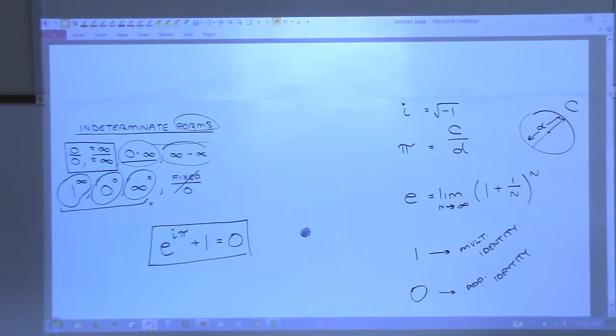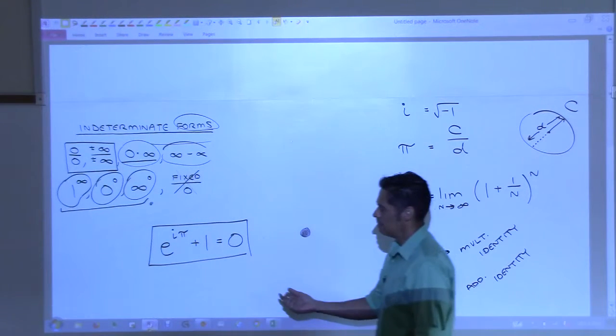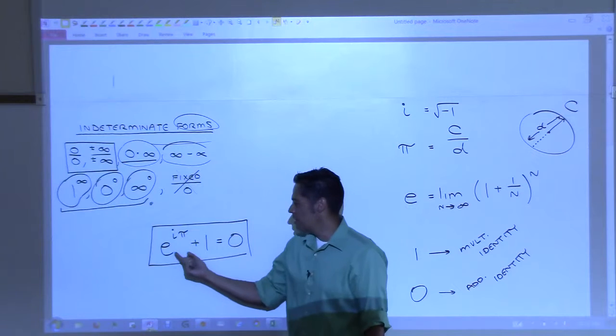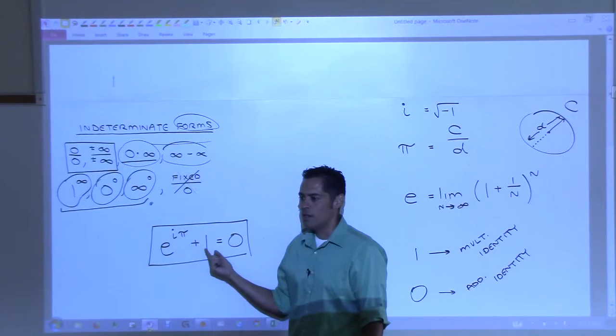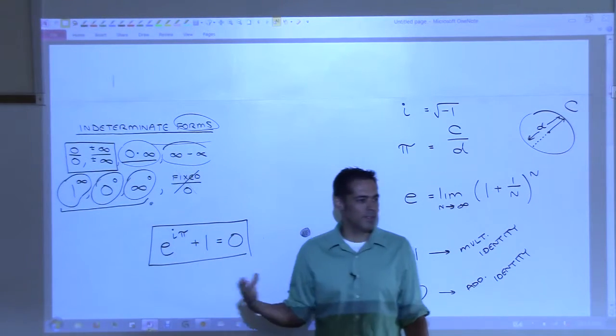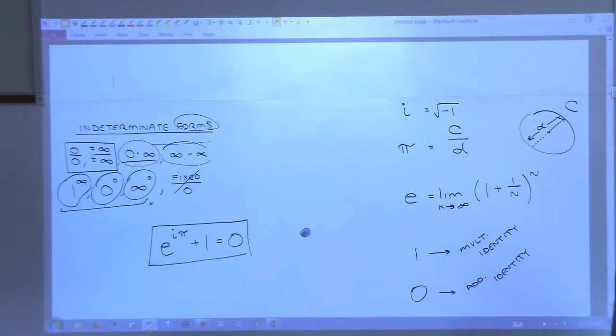Why do you think they call that the most beautiful equation in math? It contains all the real nice numbers. It has e, i, pi, 1, and 0 all in the same place. And the equation is actually true. That is a true statement. Is there a name for it? I don't think there's a name for this. It's a result of Euler's formula for complex numbers.